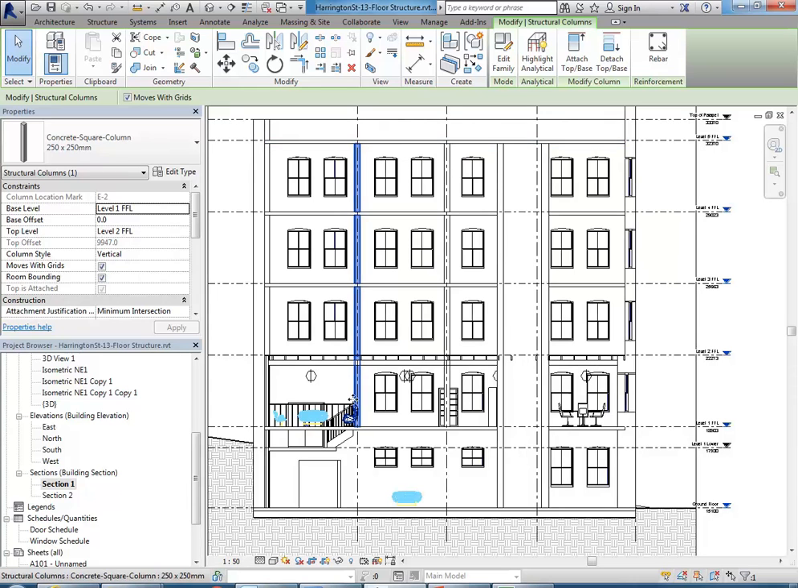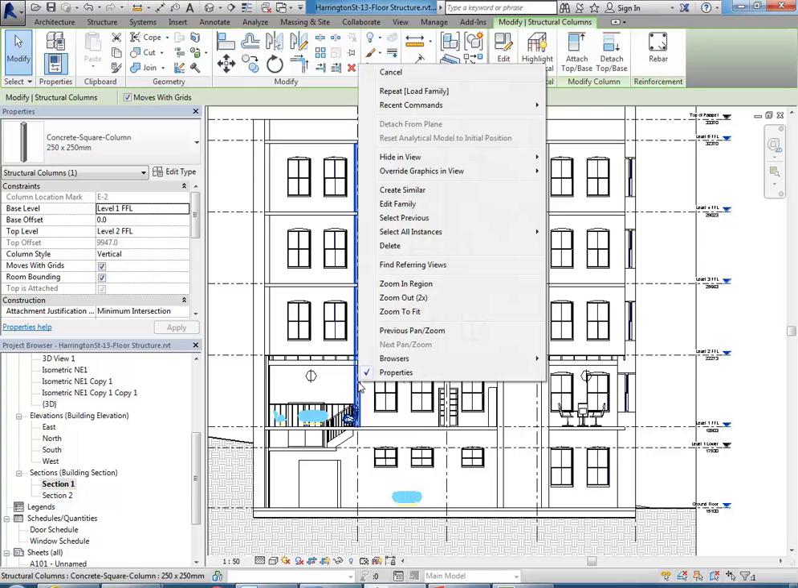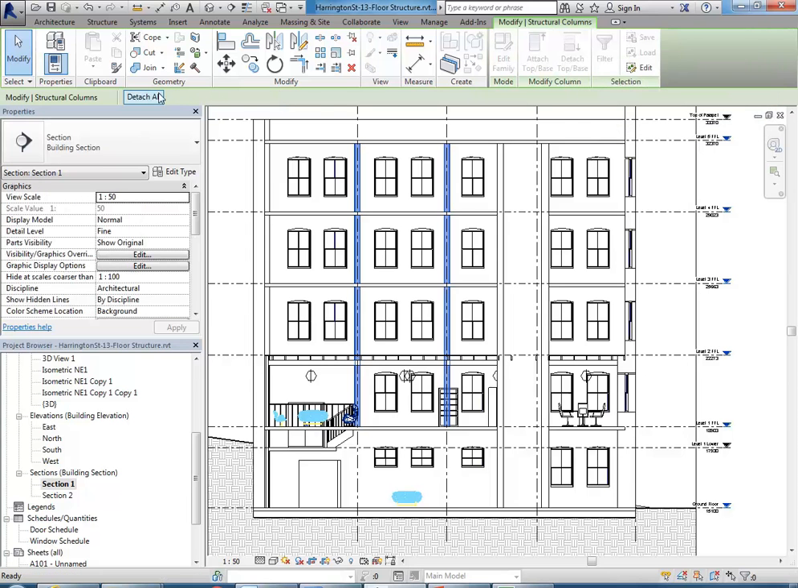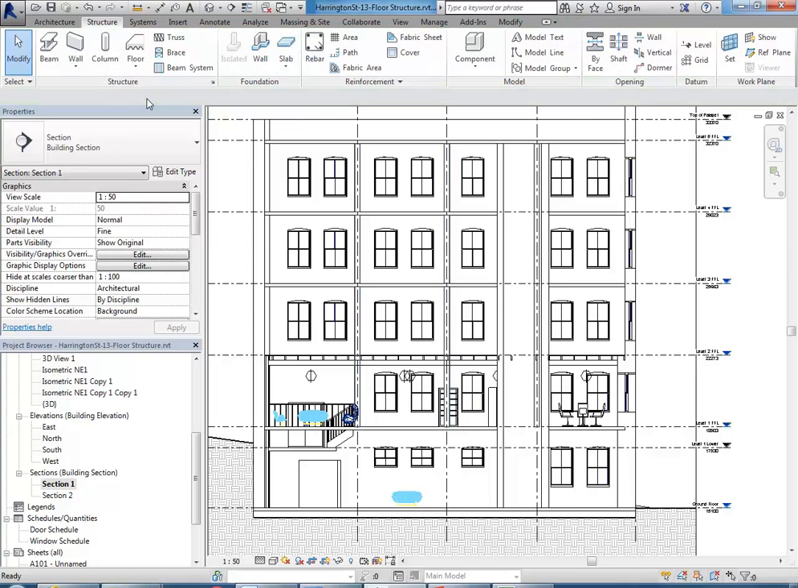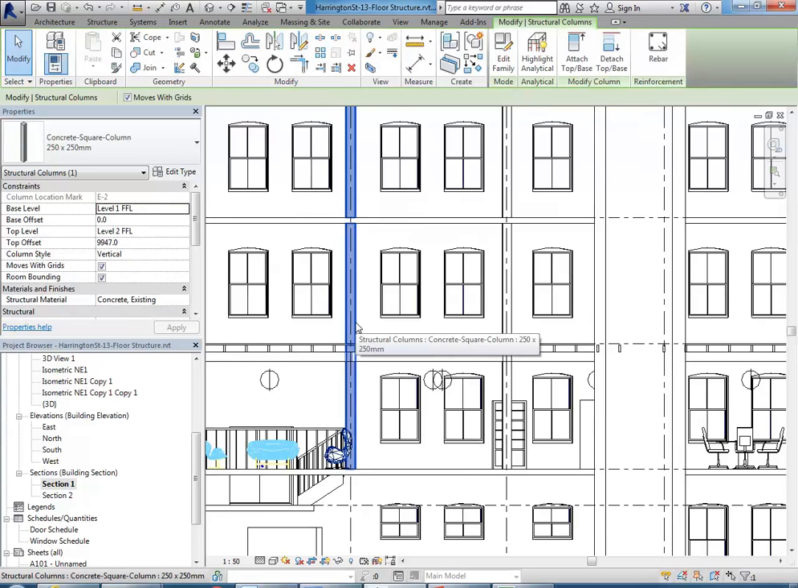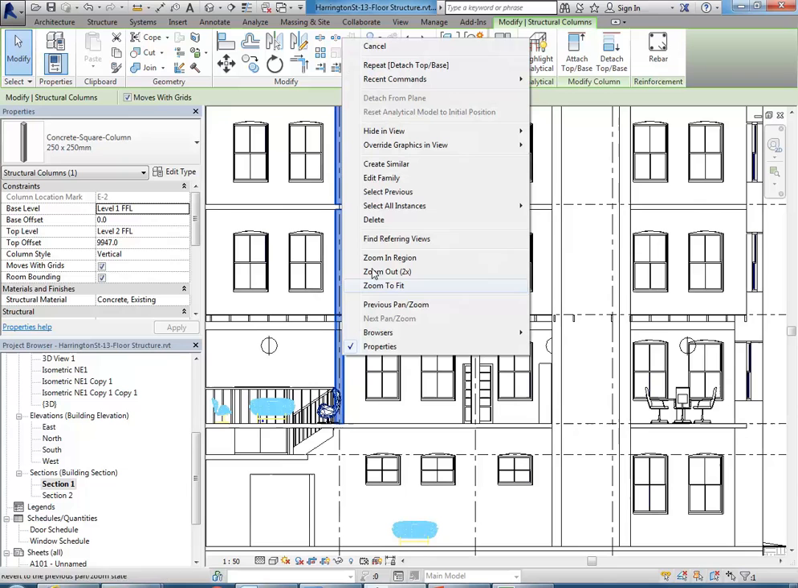Okay, so to detach it, I'm just going to select, again, one column, and this time I'll go to select all instances. I'm just going to go to in entire project because I can't see them all in this view. And then detach top base will come up on the ribbon. So I can click there, and then I'm just going to go to detach all. Now, still hasn't detached it. Oh yes, sorry, now. Okay, so again, I'll repeat that. So I'm going to select a column and then go to in entire project, select all instances, in entire project,